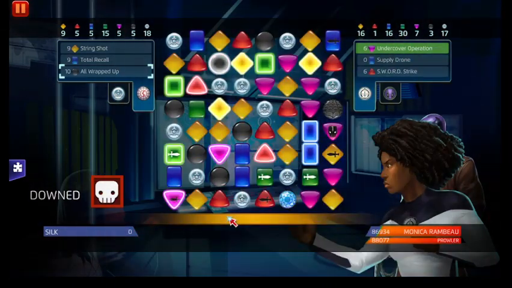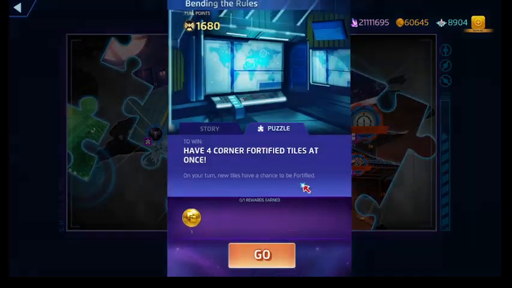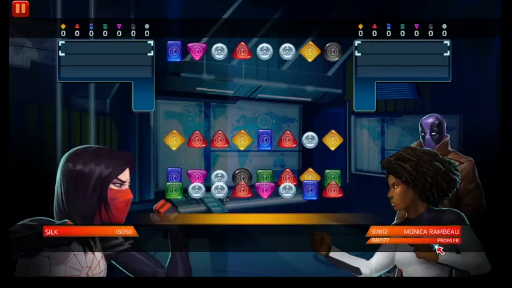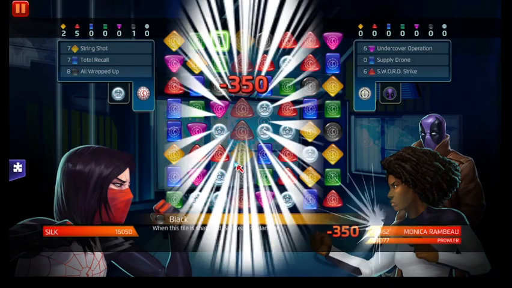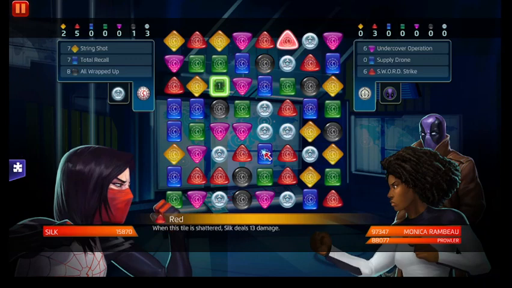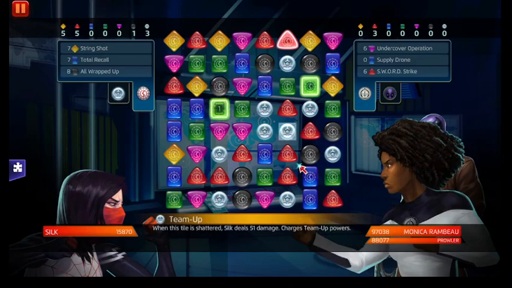Yeah, there. Let's say, yeah, that's just... Again, I don't mind taking all these losses here. I really don't. We'll run it back with Silk again. Now we just need blue or yellow. I shouldn't have gave him red, but